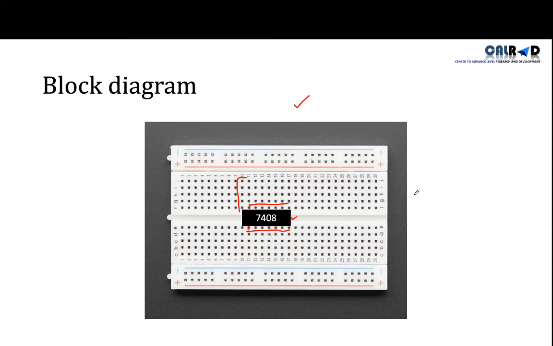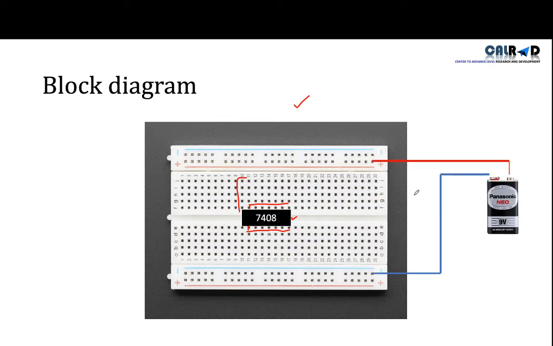So now do the second step. Second step, we will connect the battery with our breadboard. You can see positive terminal here we will connect and the negative terminal on the other side of the breadboard. So this means now this bar we will be using for negative connections and this for the positive connections.